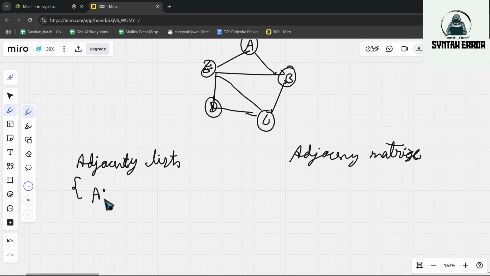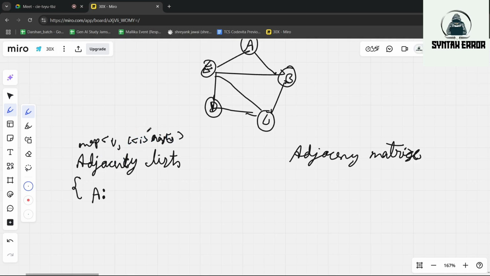First vertex is A. So basically, how we will get here is we will use a map, and in the map first we will get the vertices, and then we will write the list of neighbors. This is just an example, just a structure I have written so that you understand it more easily.